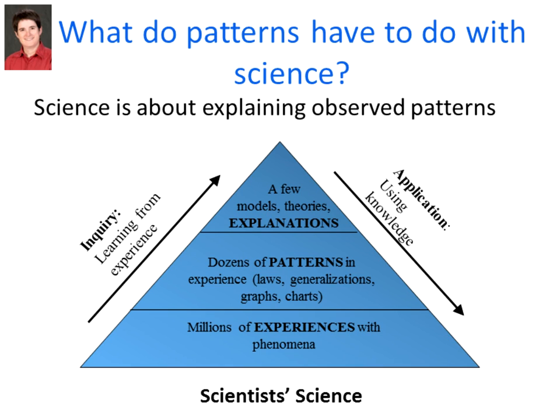They labeled it a little bit differently. They called it the observations, patterns, and models triangle, and I call it the experience, patterns, and explanations triangle. And if you look at the triangle, you see that we have the base. What holds up science are millions and millions of experiences with phenomena. I use the word experience broadly because it includes